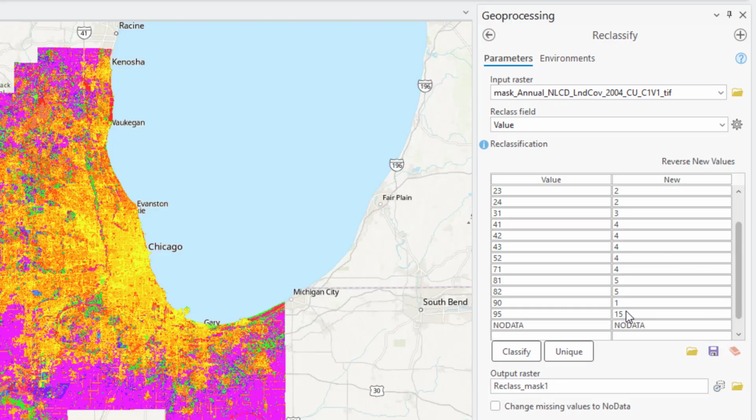For 95, you will see again it's going to be 1 because I'm creating a single class for water body and wetlands. I will type in 1 on the keyboard,